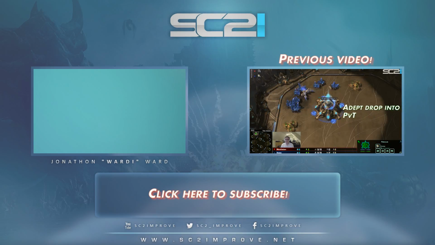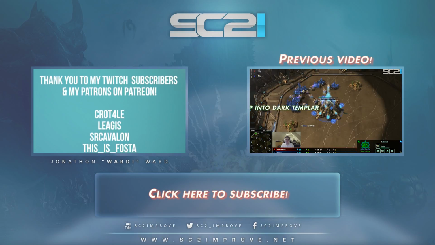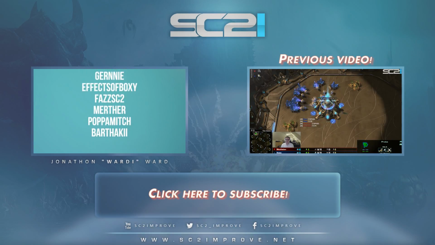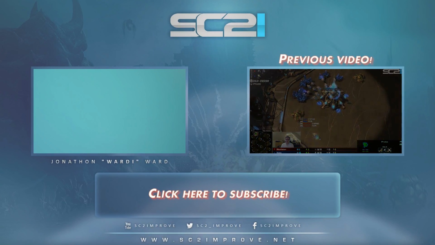Hello there, guys, I am Wardy, and I'm here today to bring you another guide. This time, I've been inspired by State's replay pack, as I've been looking at a little bit of his PvT. We're going to be looking at an aggressive Warp Prism Adept drop opening, which then follows up with Dark Templar play. If you want to see the replay pack for yourself...